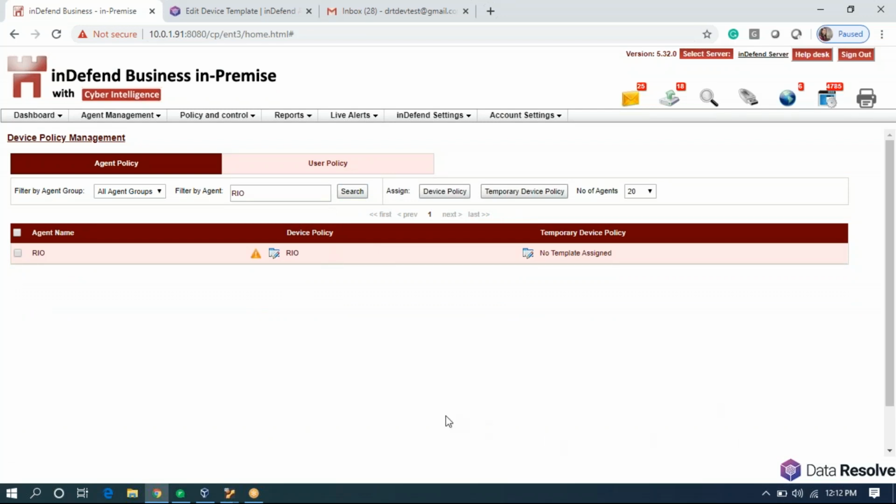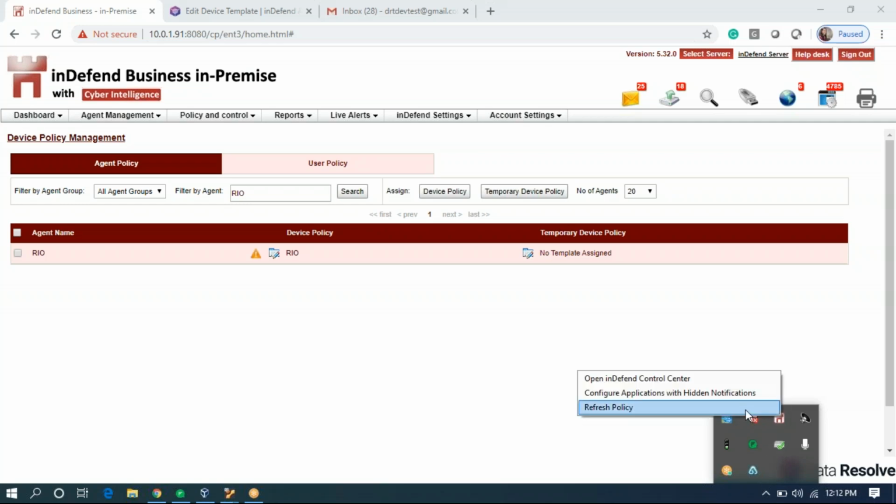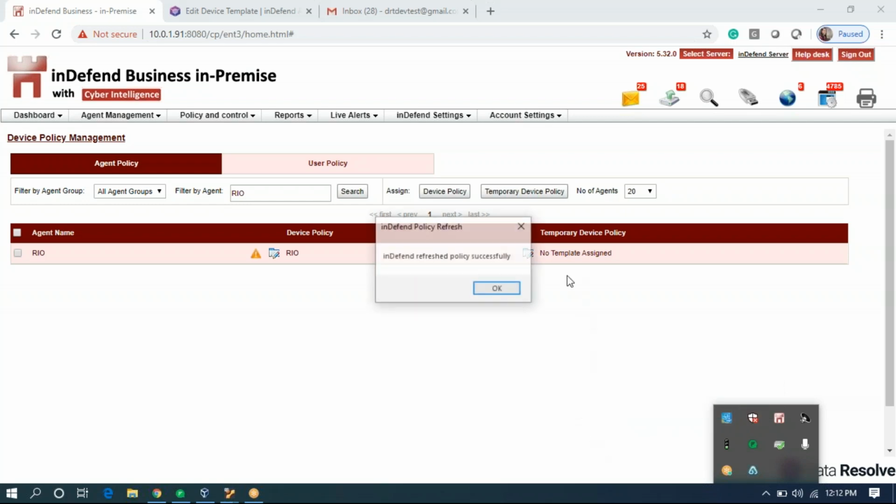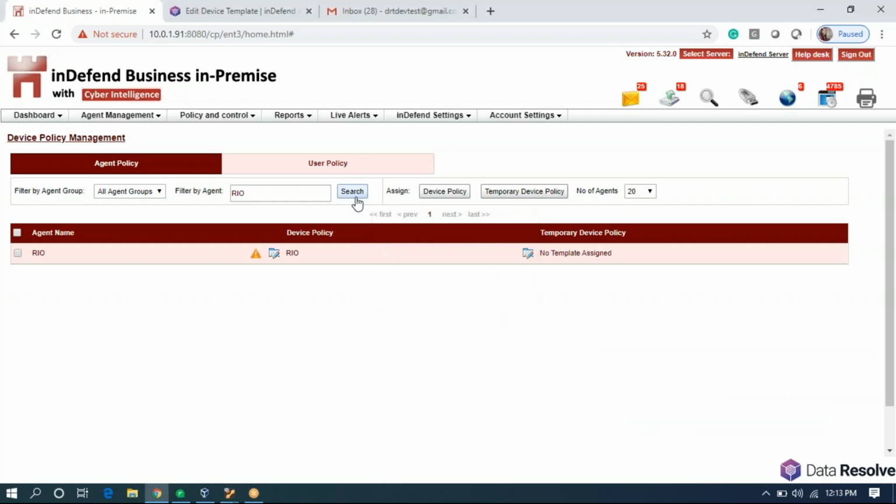Now, this you might already be aware of. So Indefin runs in stealth mode, which can be activated or deactivated. Currently, on this machine, stealth mode is deactivated. By deactivated, I mean you will be able to see Indefin pop-ups. You will be able to see Indefin icon also. So this I have knowingly disabled so that you can see how the Indefin is actually working when the blocking is happening and all those activities. If you want, you can manually sync policy from here as well. So our policy successfully synced.